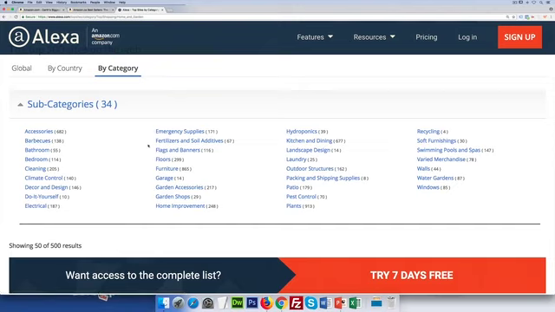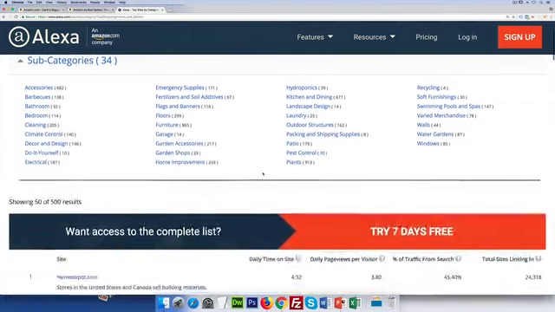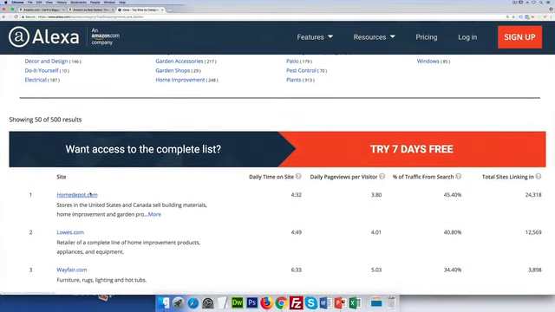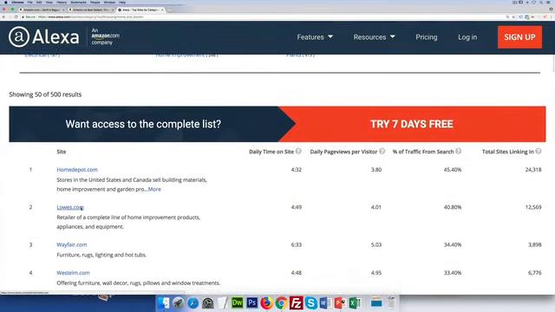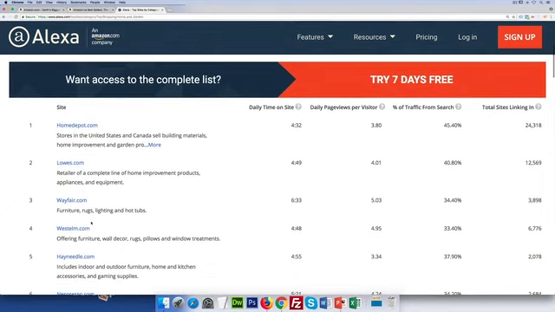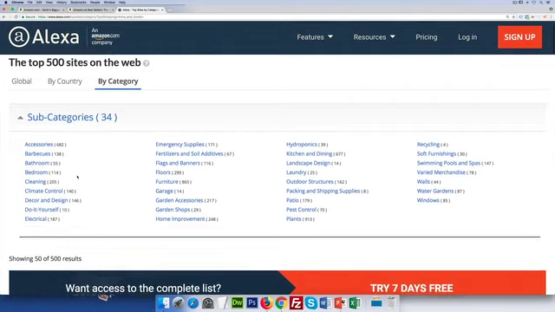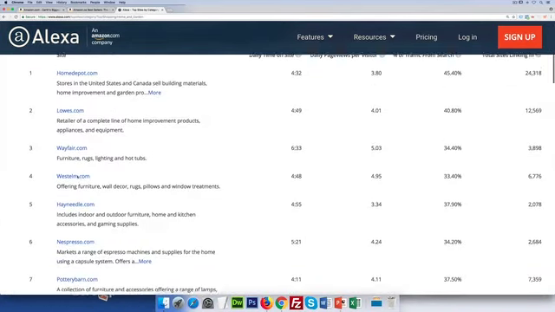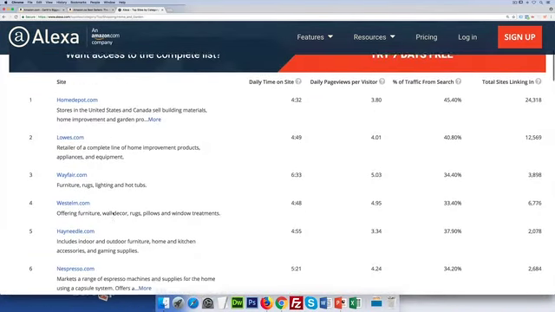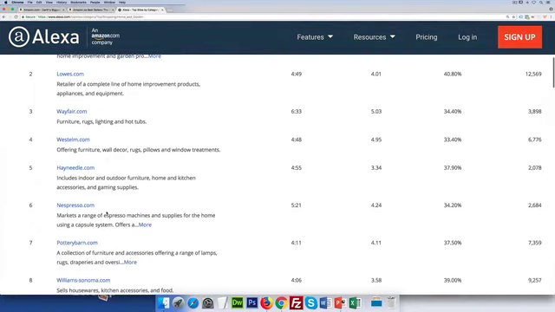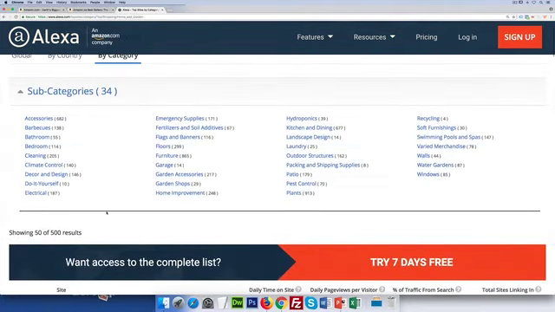There is, let's see, emergency supply would be more for preppers, home improvements, kitchen and dining. And at the end of the day, you can actually also see all these top websites and what they're selling, right? A lot of these, because we're in the shopping and we're specifically in the home, I believe, yes. There's Wayfair selling furniture and rugs, furniture, etc., etc. So again, it gives you an idea. So I challenge you to explore around.